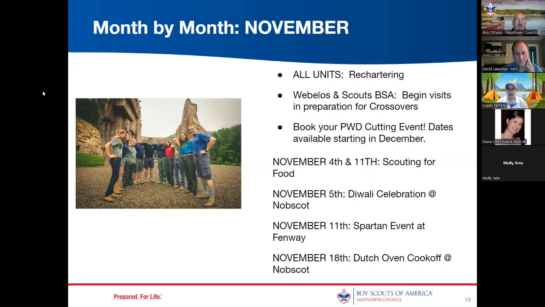Mm-hmm. And the best part of this is everyone who attends gets to try all of the dishes, and at the end of the day, we give out awards for every one of the categories. So main dish, Cracker Barrel, and adults. So we do an adults only category. And then the top dish of the day gets the Mayflower wooden spoon, which is actually a hand carved and wood burn spoon. Nice. Cool.